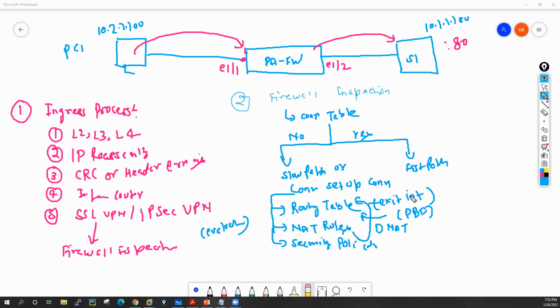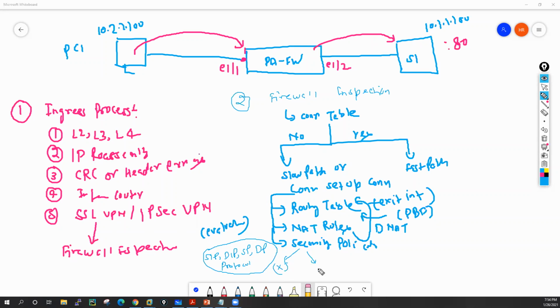At this time, it will do the lookup on the security policy on the basis of source IP, destination IP, source port, destination port, and protocol number. These are the five things it will use to do the lookup on security rules. So if our security rule is denying the traffic, it will right away drop the packet.